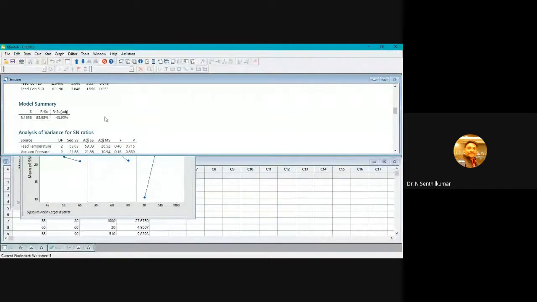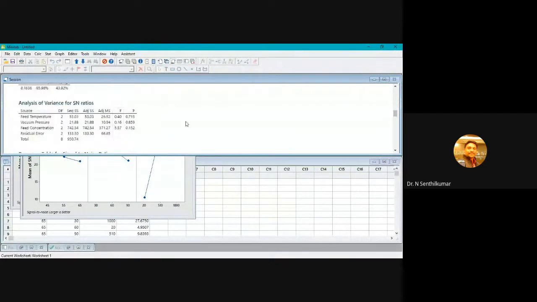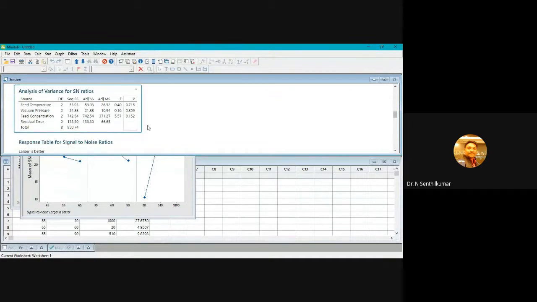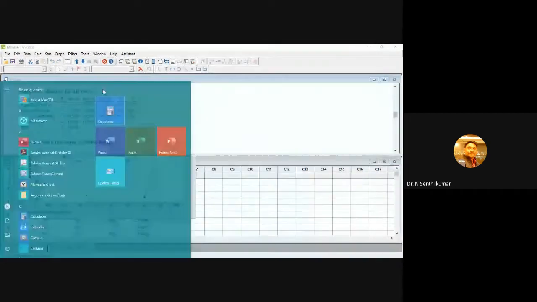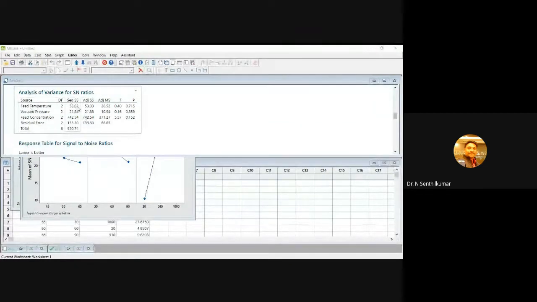Okay. So which influence is more? How to determine? So I am going to copy this and then put it in an Excel sheet. Okay, no need for an Excel sheet. So what is the contribution of this? How to determine? In research articles, you can see that in the last column they will be adding percentage contribution. That is nothing but the individual sequential sum of squares divided by total sequential sum of squares. That I will tell. Okay, for the feed temperature, the sequential sum of squares is